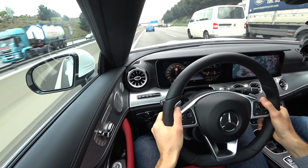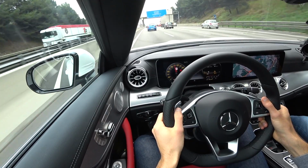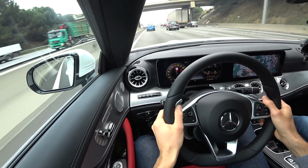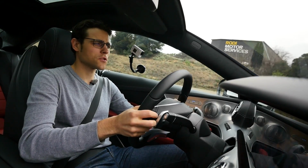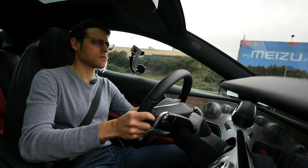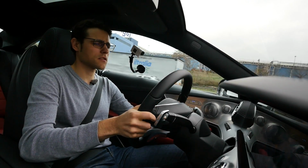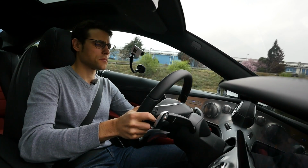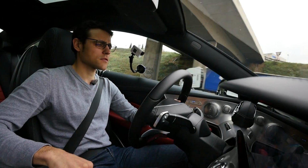Better reaction then also from the automatic gearbox. This will then also increase the consumption. Also the electronic stability control is drawn back in the Sport Plus mode. I can also not use, well, here it's possible. Sometimes it was not possible to use some of the assistance systems, but it seems it works here, because also when I went to the Sport Plus mode, let's see,